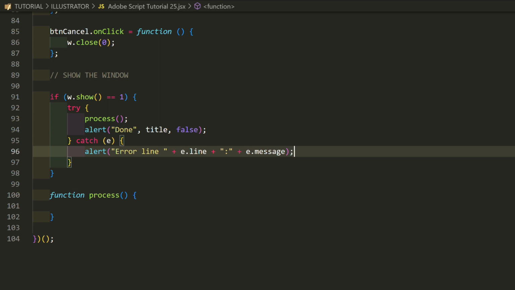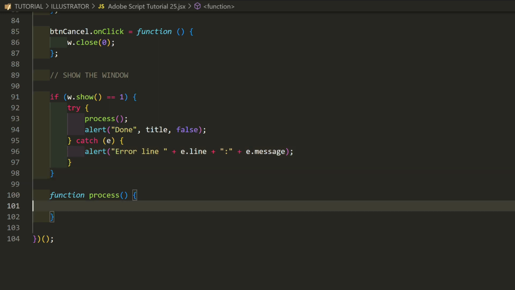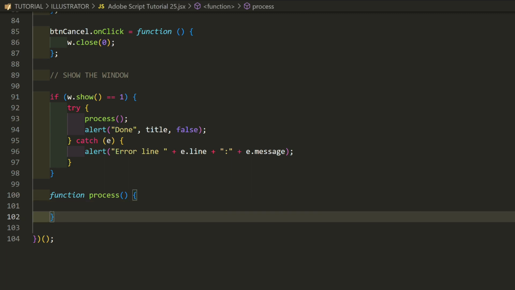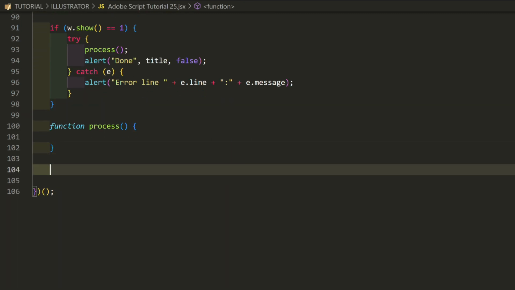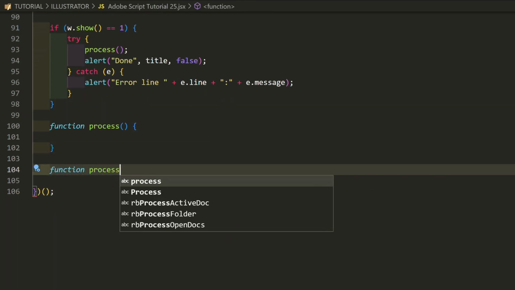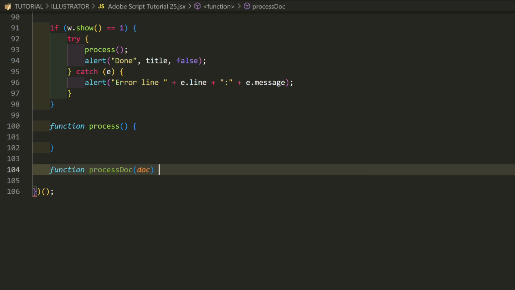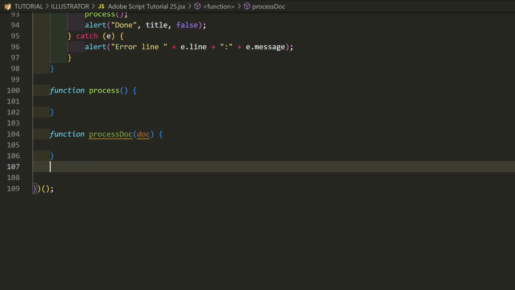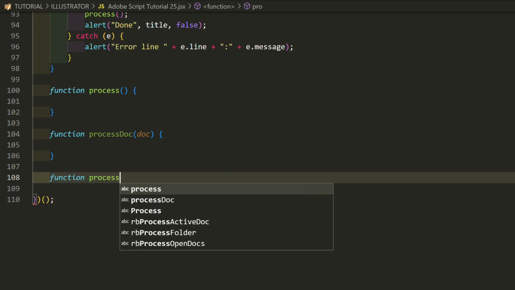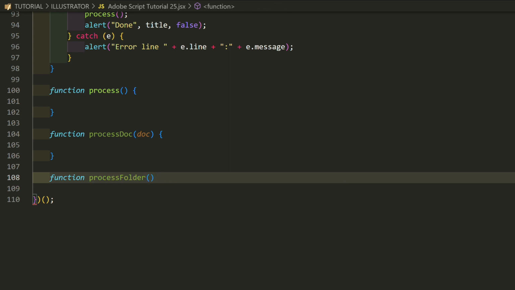That completes the interface. There will be 3 different processes depending on which radio button is selected. I'll create functions for each. Function process doc, 1 parameter, doc. Function process folder, no parameters.